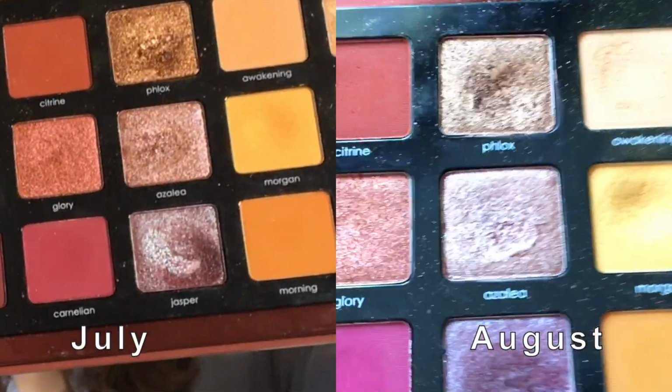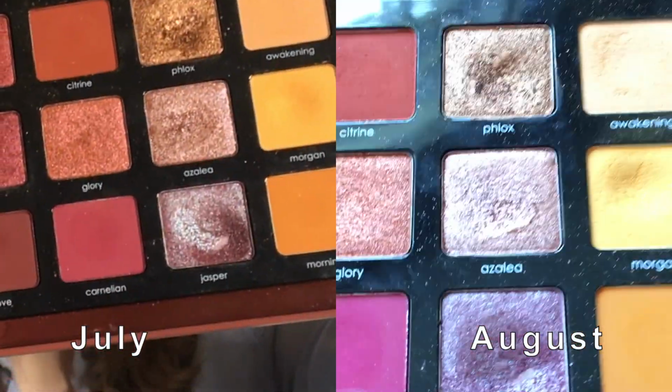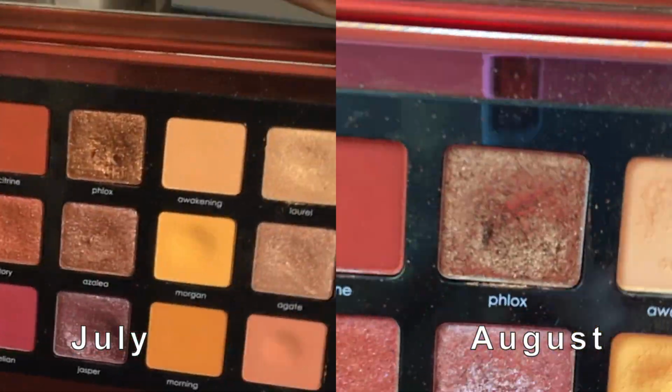This has been in for a little longer than Mochi, and I think I said in the last update that I was happy to have this in for a while as like a safety shade. I think this month I've decided that I would like to start focusing on this a little bit more. For those of you guys who don't know, I am heading back to the classroom, albeit in a limited capacity this month, so I think this will be a really great, easy one and done sort of shadow with something